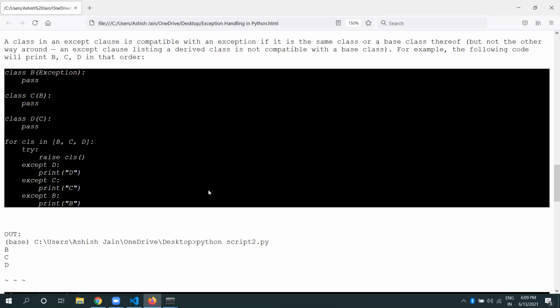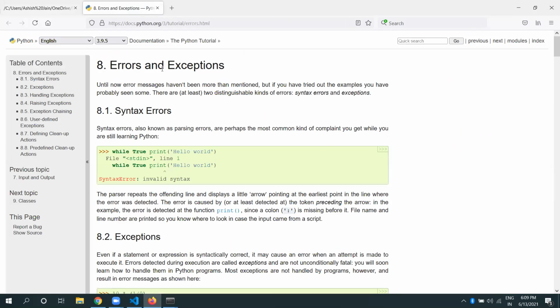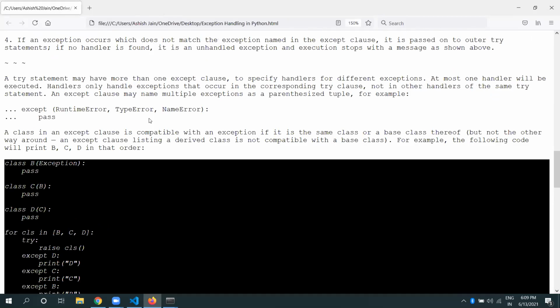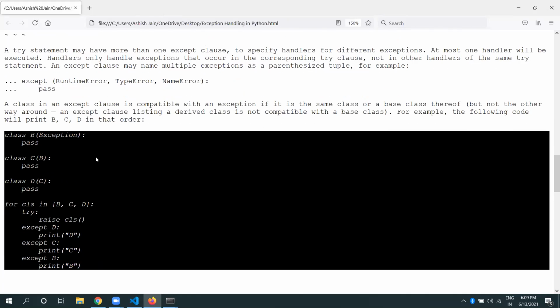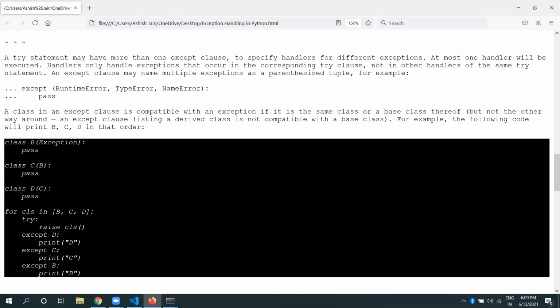Now we have some piece of code that we took from this link, docs.python.org. I'll open it for you. Errors and exceptions. Most of our material is taken from here, but there are some changes that we have brought in. If we refer to this piece of code, we have to predict the output. We have a class B that is inheriting from the Exception class, and